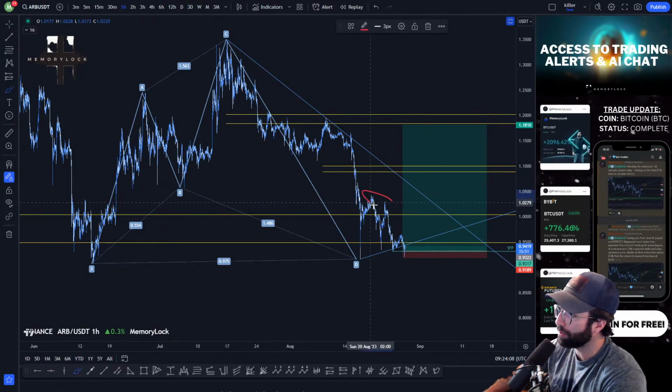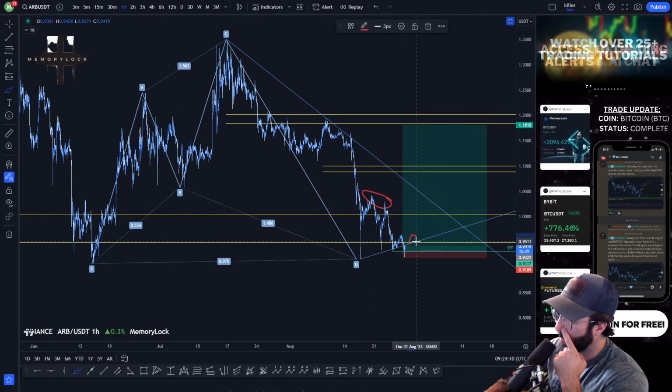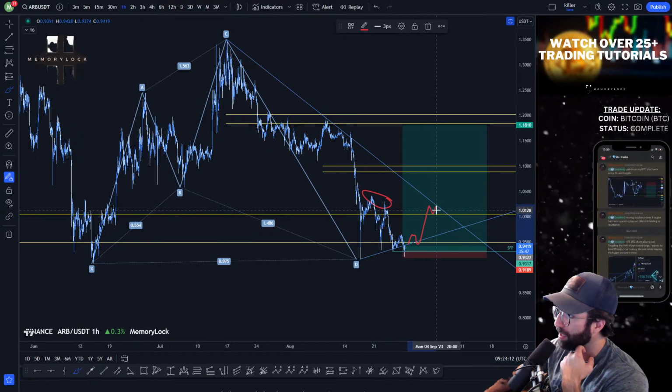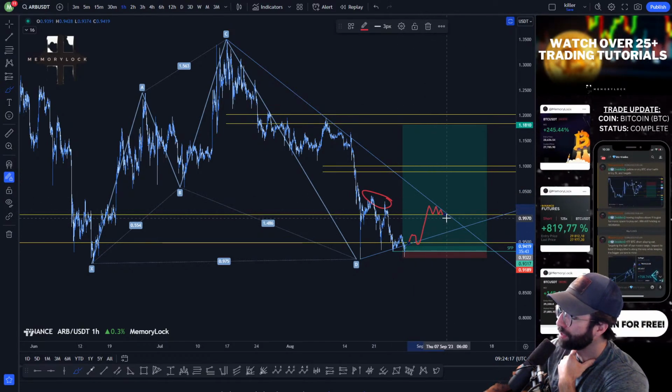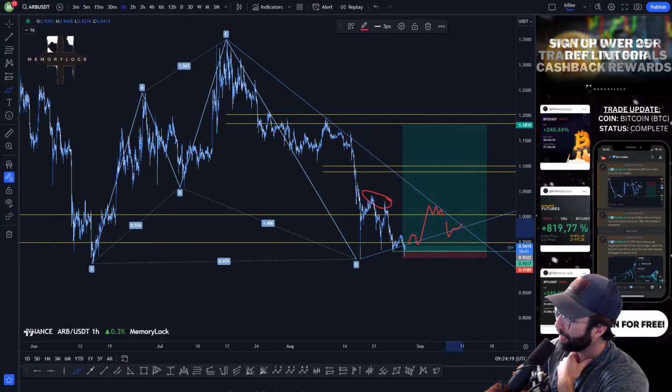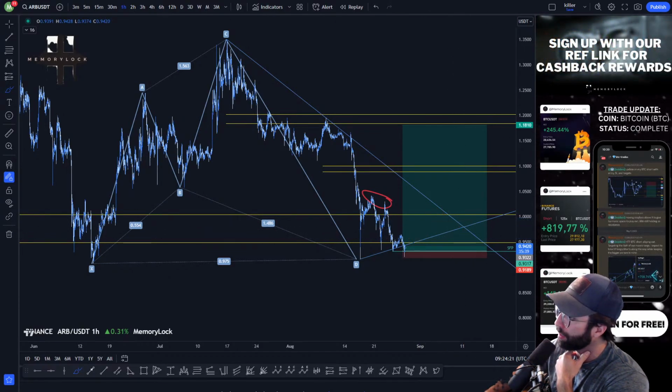Again, these highs are pretty key for me. So just getting a reclaim here and seeing a move back up into this zone where this trend line is, yeah, definitely going to be taking some profit there. Maybe add back more on some kind of a back test. We'll have to just play it by ear and see what happens there.